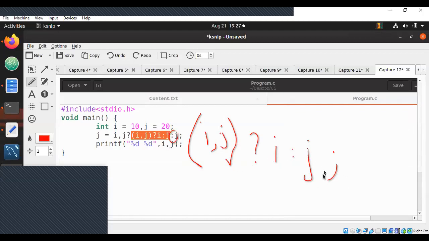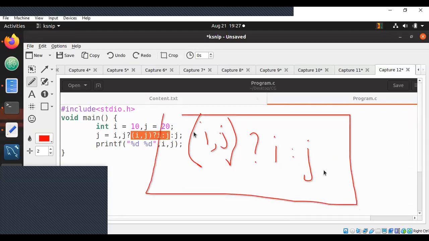Why is that not a problem? Observe this. It is condition question mark true colon false. After false you don't have a semicolon. That is because it thinks this is the end of the statement here.